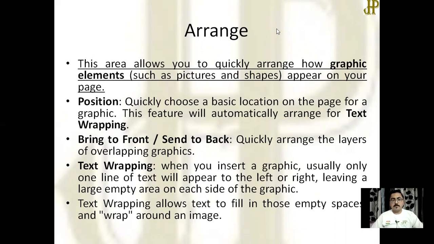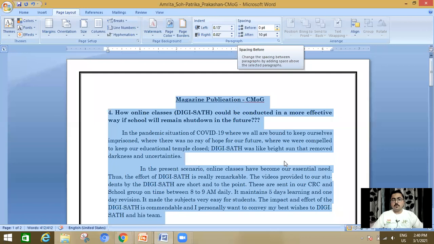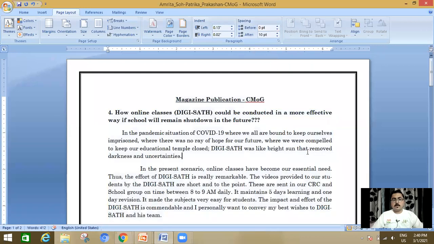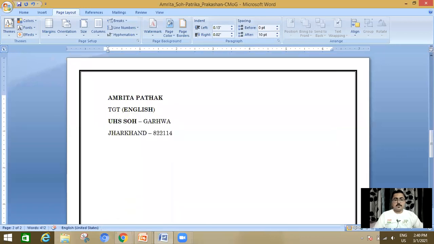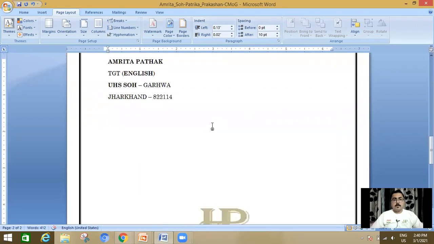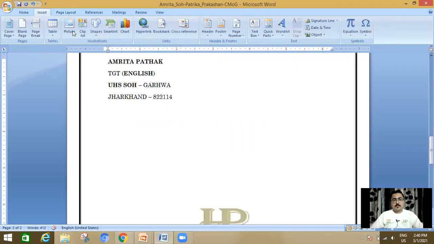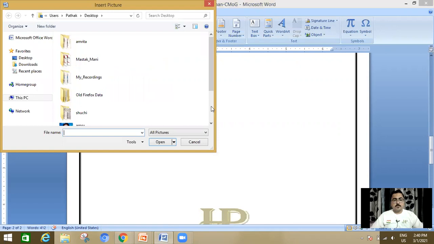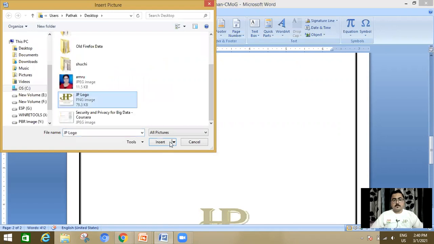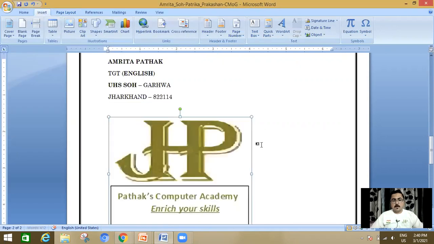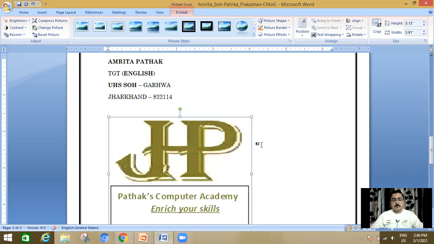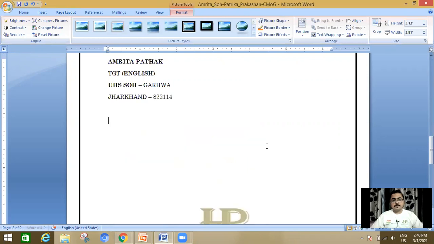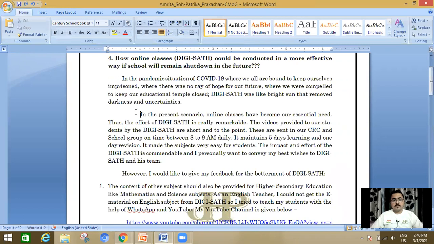So how will it be done? I'm going to give you practical knowledge. So here I'm going to insert a picture from my computer. Let's take my logo. Now, the logo will appear here. For example, I think I have to paste it here.